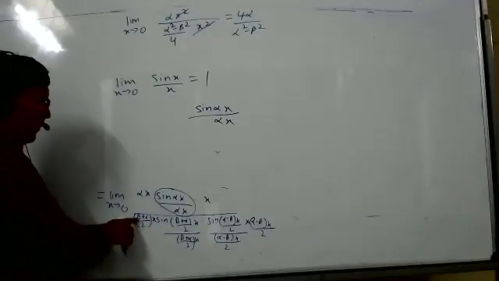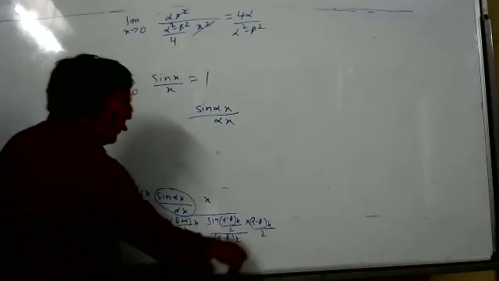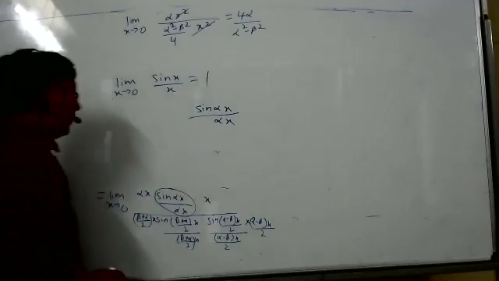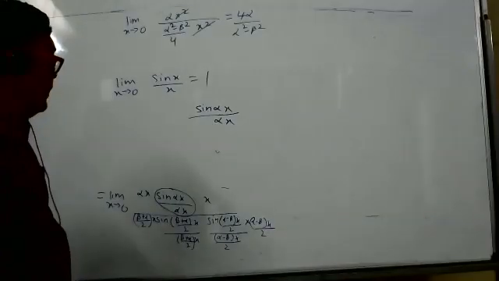How did you get alpha square minus beta square? Here the alpha plus beta by 2 is there. Here alpha minus beta by 2 is there. So a plus b into a minus b. Student: Yeah, got it. That is why a square minus b square. Any doubt, you ask me.